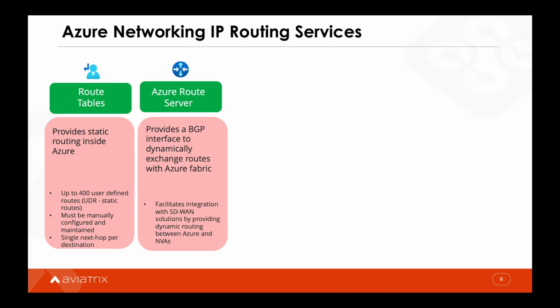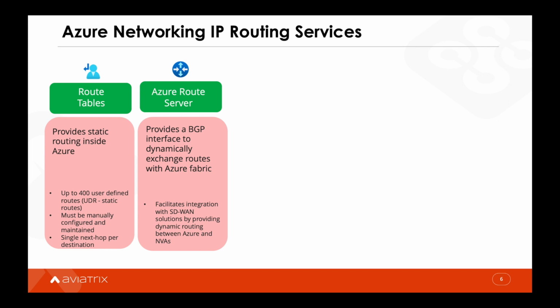It's because of this limitation that Azure recently announced Azure Route Server. This service provides a way for any capable device to dynamically exchange routes with Azure Fabric. And what do we mean by Azure Fabric? It is the software-defined network stack responsible for providing networking services to Azure deployments. It can pair with up to 8 BGP speakers, and each speaker can advertise up to 1,000 routes via BGP. So pretty much Azure Route Server is a BGP speaker device and pairs via BGP with network virtual appliances that